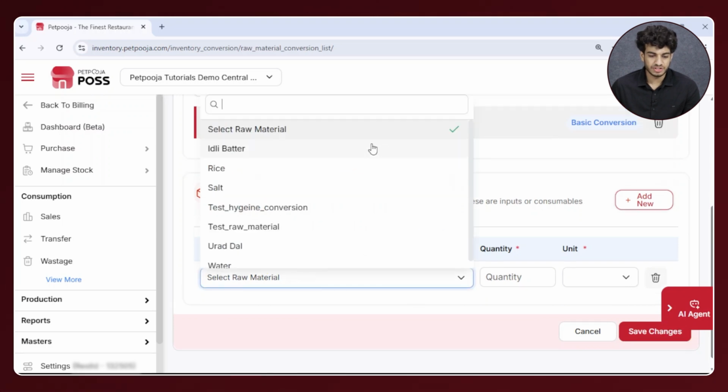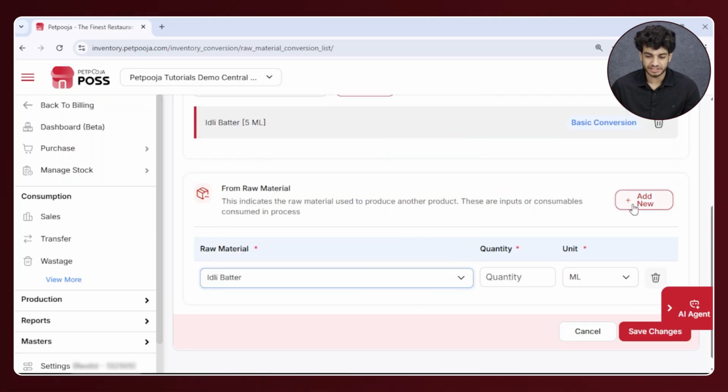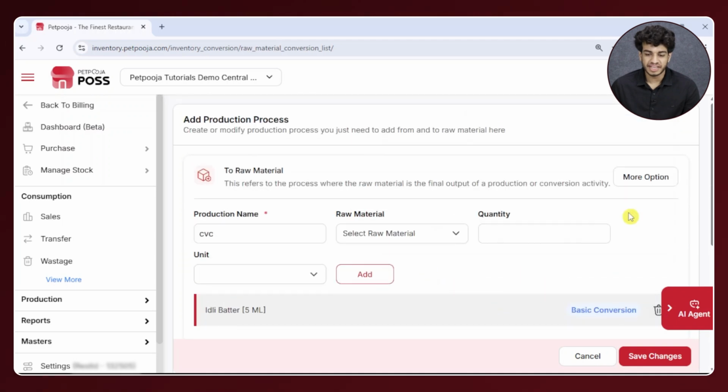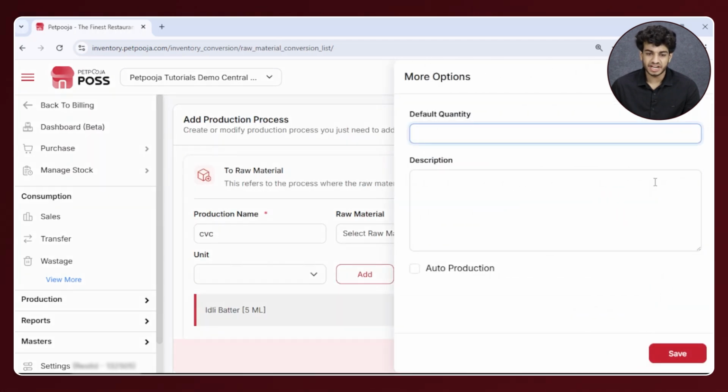Select the raw materials which will be used to create the final product. Then select its quantity and its unit. By clicking on more option, you can set a default quantity for raw materials, in which you can select a default quantity which will automatically be deducted by the system when the raw material is used, which helps in smoother